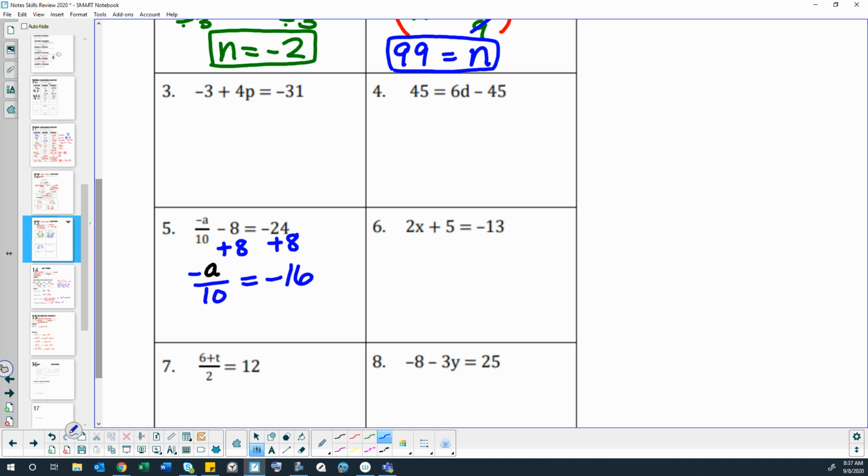Negative 24 plus 8. Raise your hand. I think I got that right. Sometimes I get things like that wrong, so I need your help to check my answers. Yeah? Okay, good. All right, now we need to get the a by itself, but the weird thing is it's